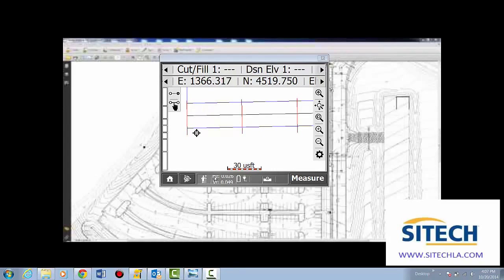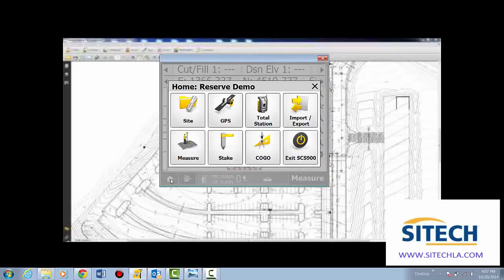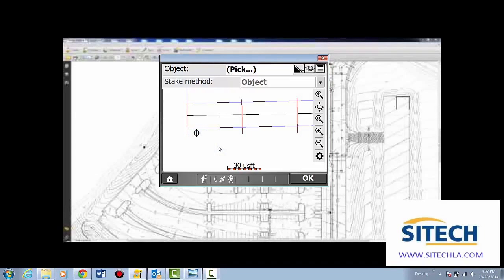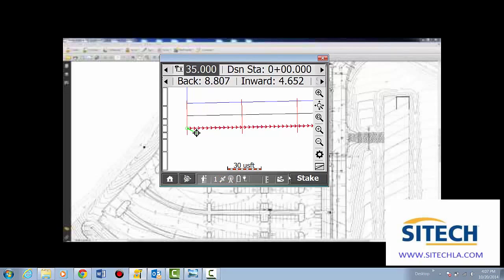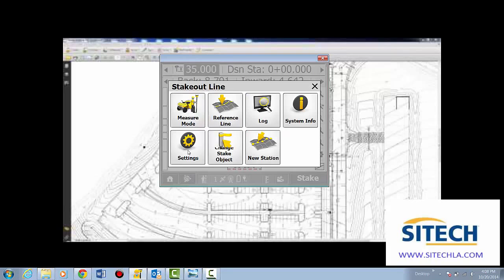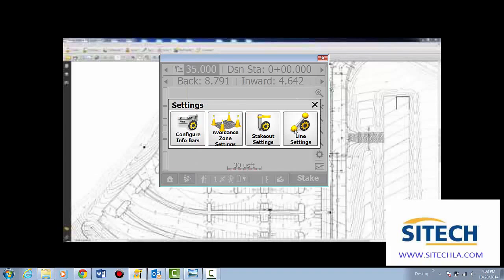This is how you would set up version 3 to stake a line with an offset. Press Home, Stake. Now you want to select your line. You can reverse the line direction by tapping this icon. Press OK, Accept. Now to actually offset your line and edit the vertical data, press the TRIMBLE key, Settings, Line